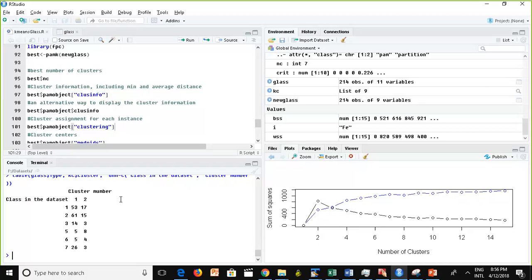The question is, why does the curve drop? Well, the sum of squared distances inside the cluster is supposed to drop. Because what are you actually doing? You're taking